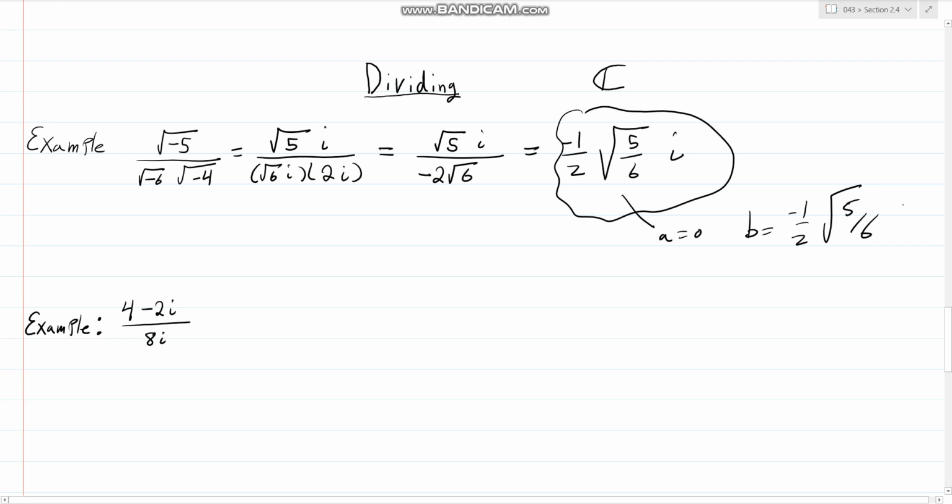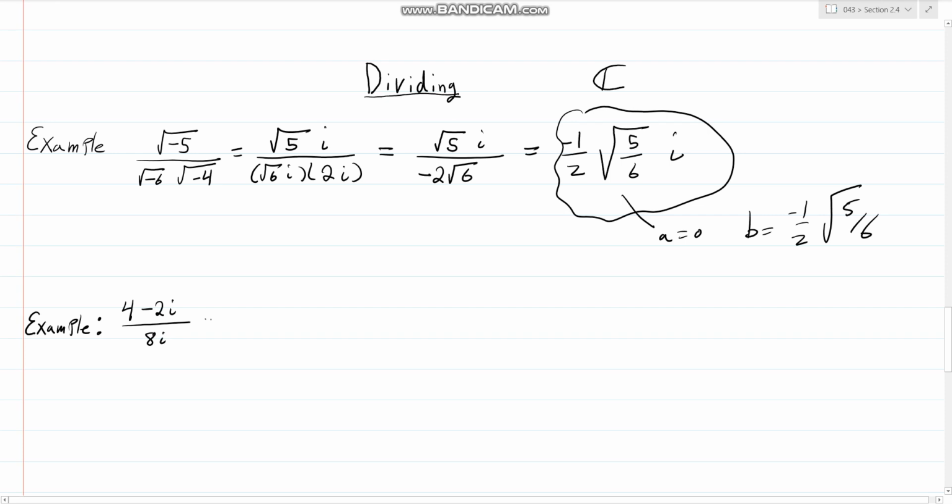Okay? So that's kind of a weird number. It's not one of the most common numbers in math problems, but that's how we can do it. All right, for this next example, we have (4 minus 2i) over 8i, and really I want to get this